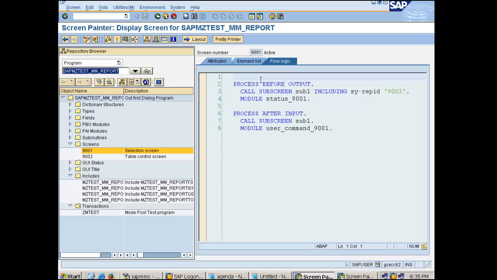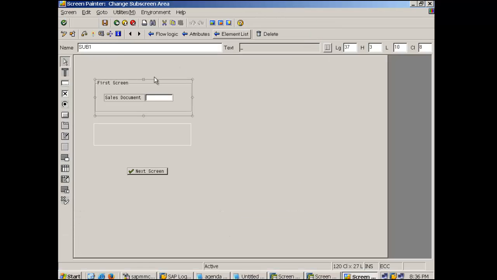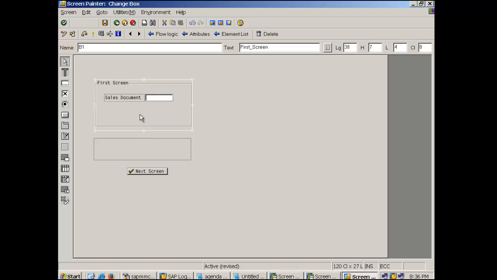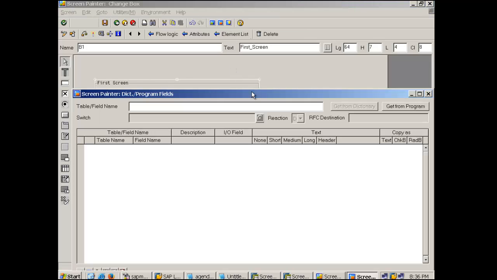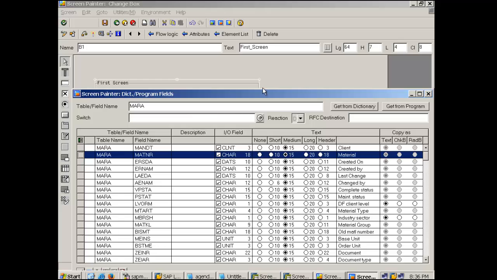So let me just go to my screen, change this and let's go to layout, and let me just do some adjustments here. Let's expand this one a little bit. Press F6, select table MARA, get from dictionary, select material,